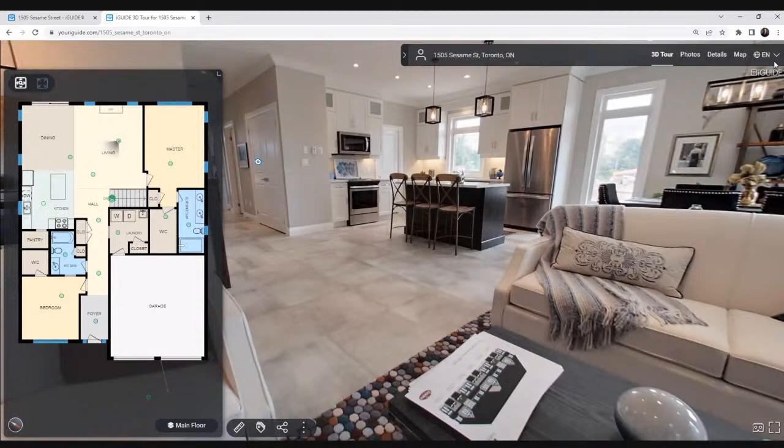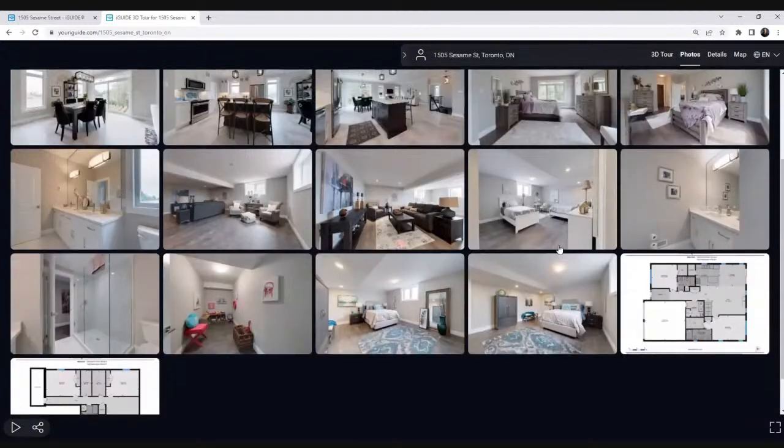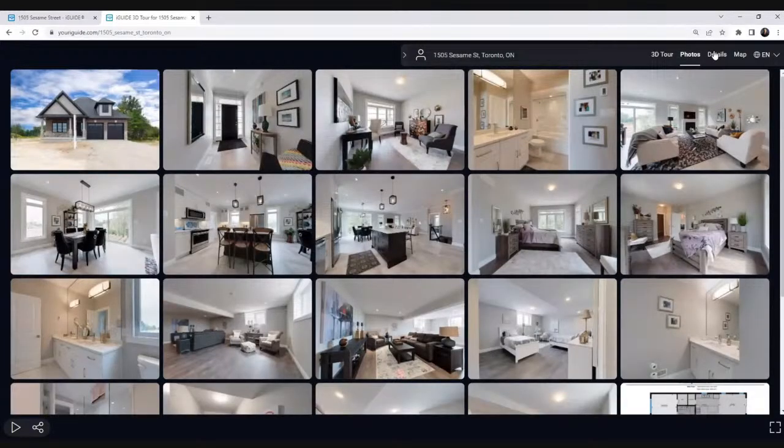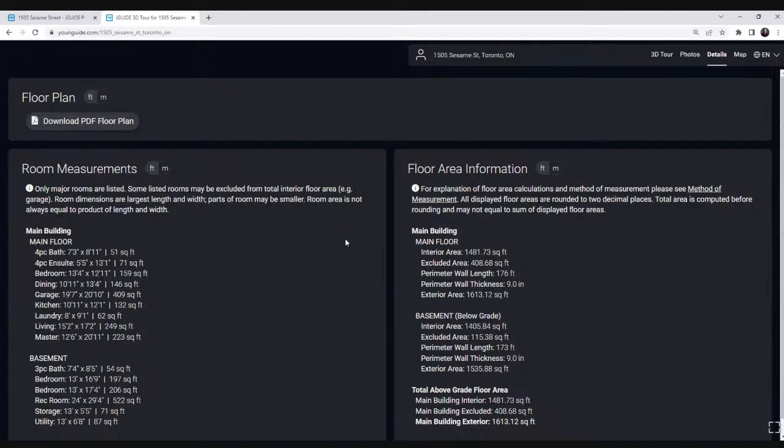There's also extra information in an iGuide. An iGuide is a content delivery platform. And so that's still here. It just looks slightly fancier. So what I mean by that is, you could include with your iGuide some other information. So you can choose to include photos, and you can choose to include this tab that shows all the square